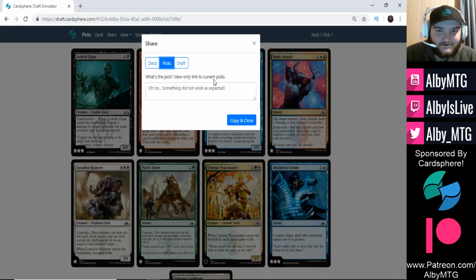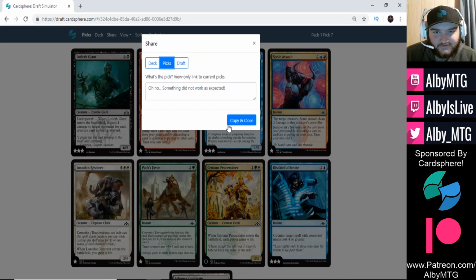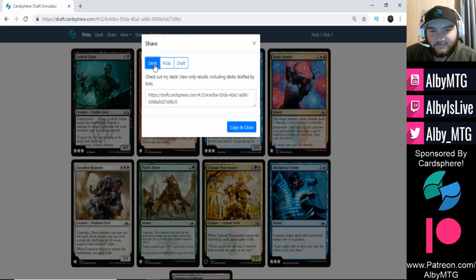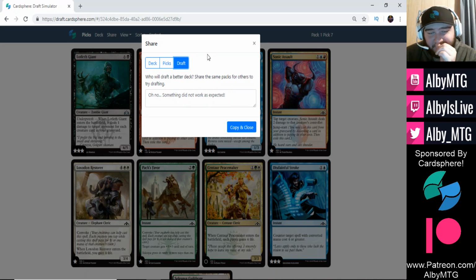So you can see here, actually it looks like the link might be broken here. We might have to copy and paste it here because it says, oh no, something did not work as expected. So maybe, is the other one going to work? No, that one didn't work either. Interesting. I wonder if my internet went out. Internet did not go out, so maybe that's something that the guys from Cardsphere want to check on quick once they see this video. Maybe just make sure that these share links are working. So yeah, the deck one still appears to be working, but the picks and the draft links here, once I get them up and going,